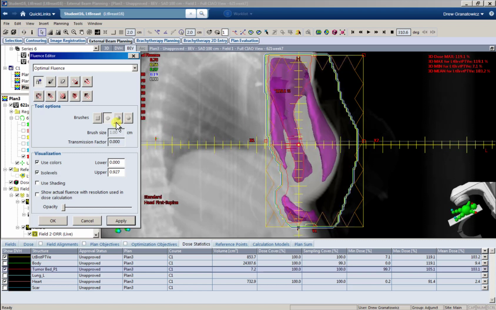We're just trying to even out the dose distribution. To do that, I'm going to use this button right here: decrease transmission factors by defined value. I'm going to click that button, and for this transmission factor, I'm going to put 0.02 in. So now everywhere I paint with my paintbrush, whatever the transmission factor is, so these transmission factors on this plan